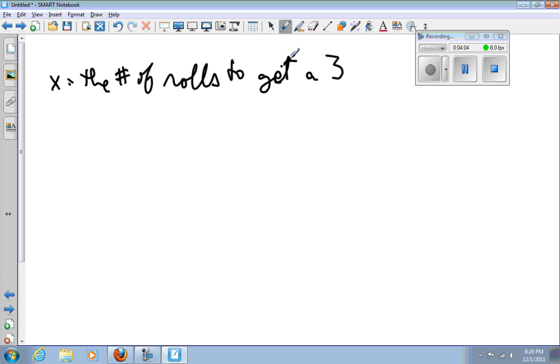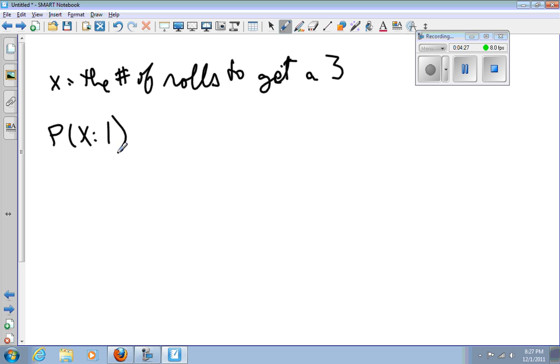The rolls are independent. The probability of success stays the same each time. And let's work through it and see how this would work. So what's the smallest number x could be? It's going to be 1. That's the smallest it could be. Now with the binomial distribution, the smallest thing x could be was 0, meaning 0 successes. But in the geometric distribution, you're going to have a success. The question is, how long does it take to get there?